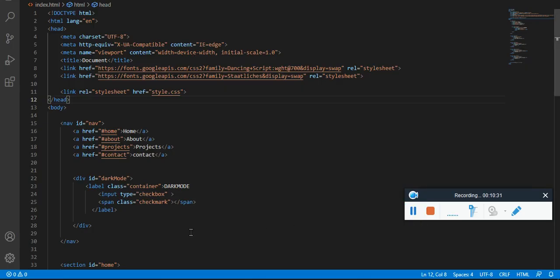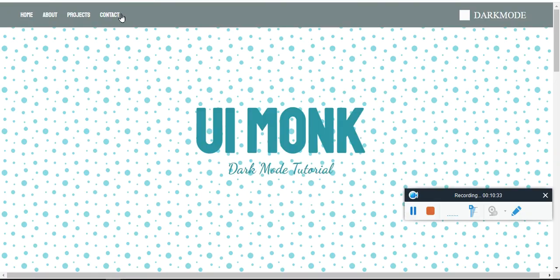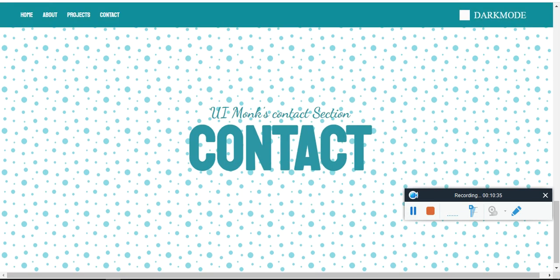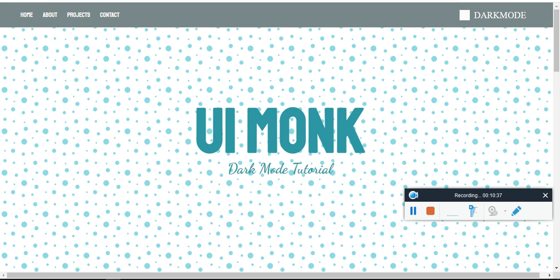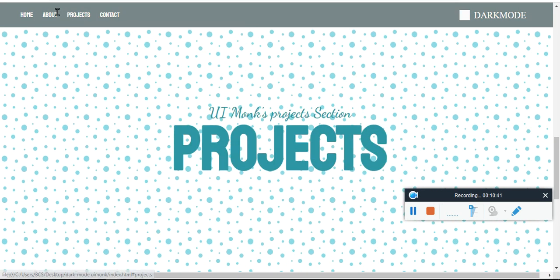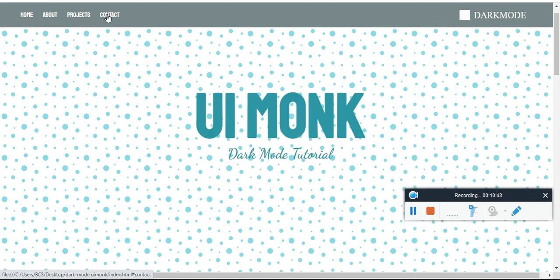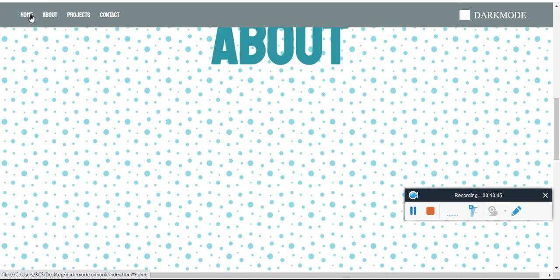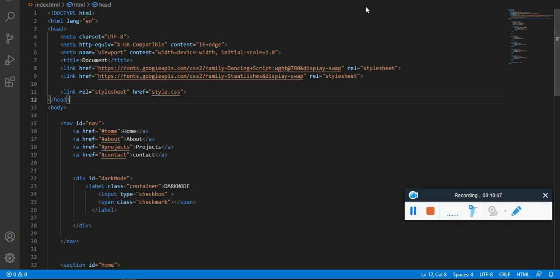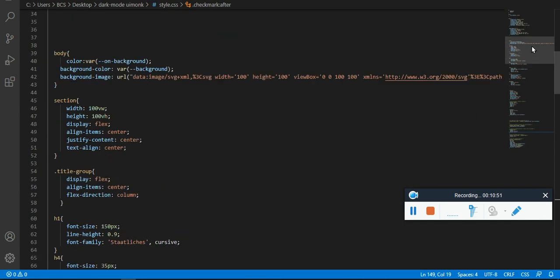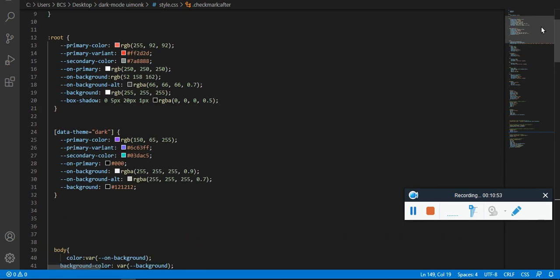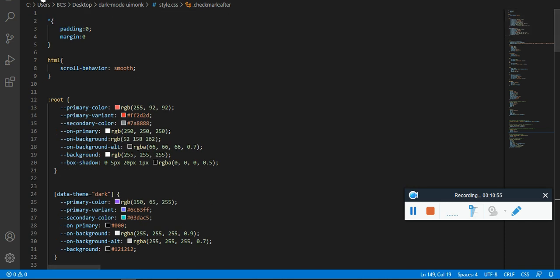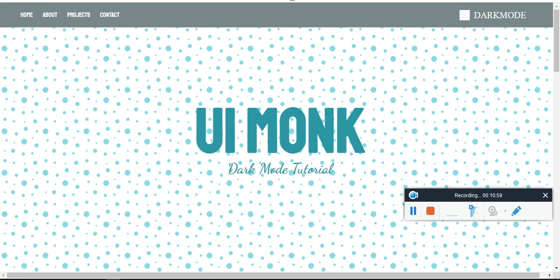Everything is working except one thing. You can see the header color seems a little different. Now let's check why it is happening. You can see that without JavaScript the smooth scroll works. It is because of just one line of CSS. Now let's check the navbar. It is the navbar which holds the color. I think we haven't pasted the navbar. Let me copy it and paste it again and check, refresh it.